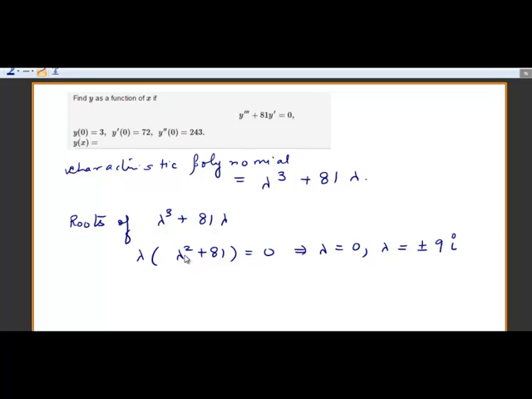Because we have complex, right? Lambda square will be negative 81, and then if lambda square is negative 81, then lambda has to be plus minus 9i. So now you have a complex, a real combination of roots. So what is the real part of this complex root? 0. 0 is a real part, that's right. So my a in this setting is 0 and my b is 9. So if a is 0, b is 9, then our fundamental solution set for this problem